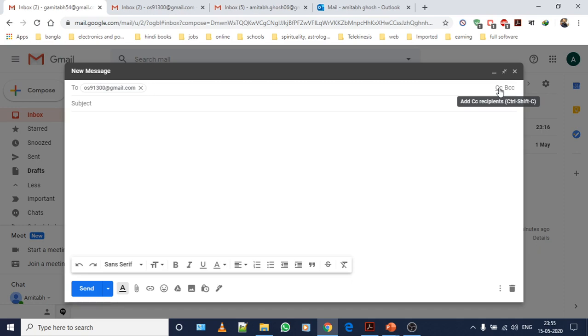There is a shortcut button also, Control Shift and C. When you press these three buttons together, in the compose section you are allowed to write the email ID of that particular recipient. So click over here. Let me write our email ID.